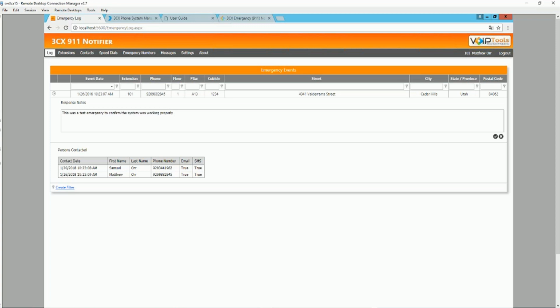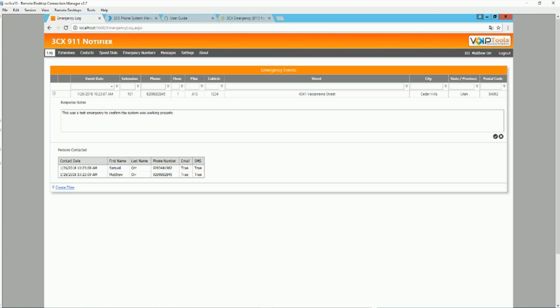And curiously, 3CX has provided the call flow designer and the call control API for the purpose of writing customizations for the system. But curiously, they don't want you installing anything directly on the 3CX server. So how do you write a custom application that's not installed on the 3CX server